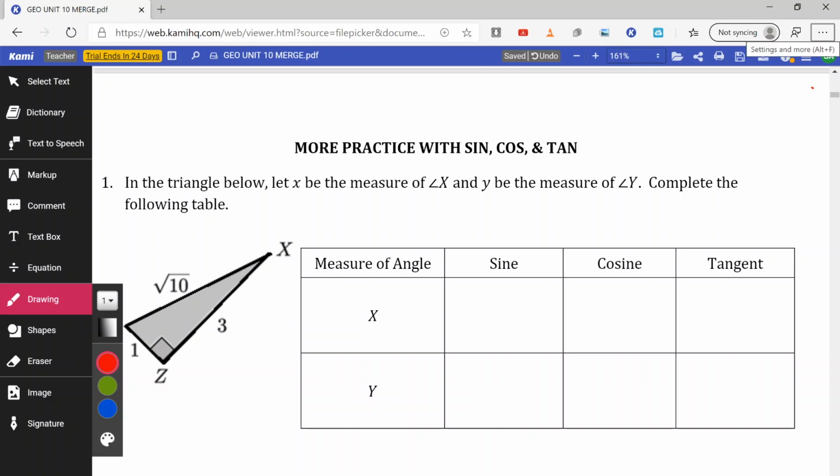What we have here is more practice with sine, cosine, and tangent. Again, trig ratios means we are dealing with right triangles. As long as we have a right triangle, we can use these different ratios to figure out lengths of sides and/or angle measurements. So how do we remember what sine, cosine, and tangent are equal to? Well, we have the acronym SOH CAH TOA,